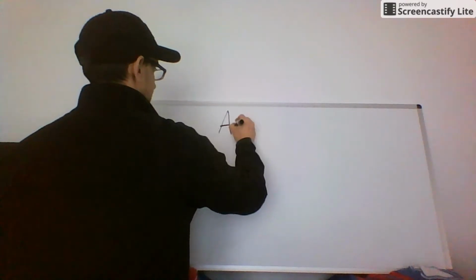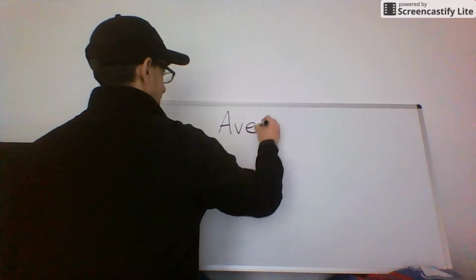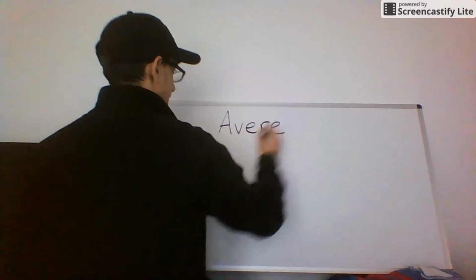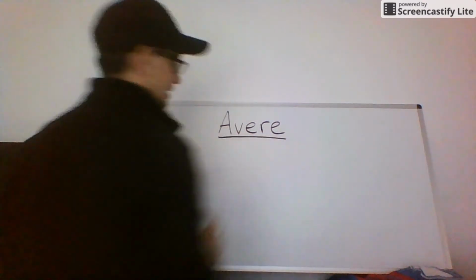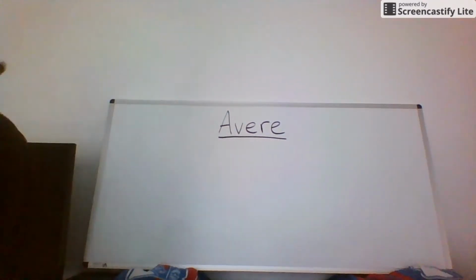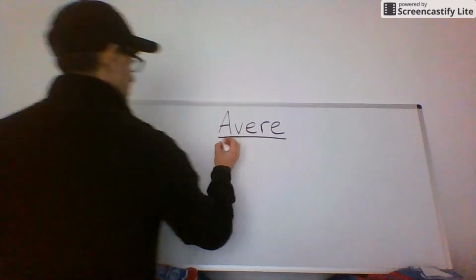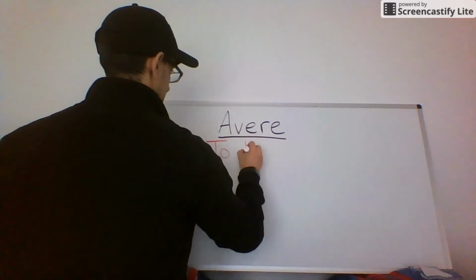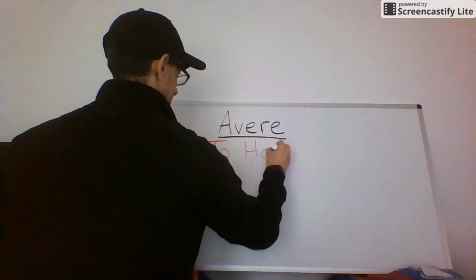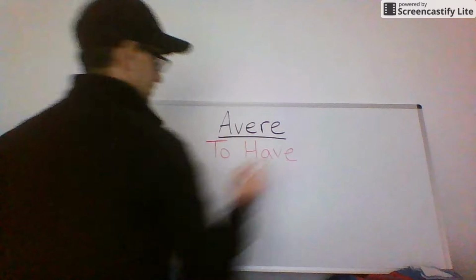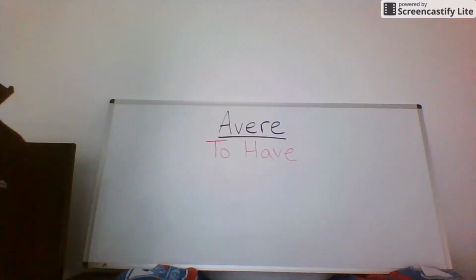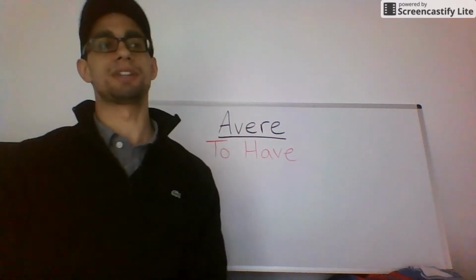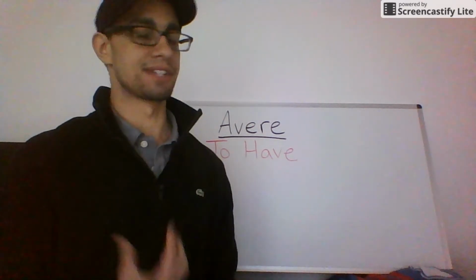a, ve, avere. And as I mentioned before, avere means to have. Boom. Simple. Done. Now, the conjugations for it, and when I say conjugations means how can I say I have,